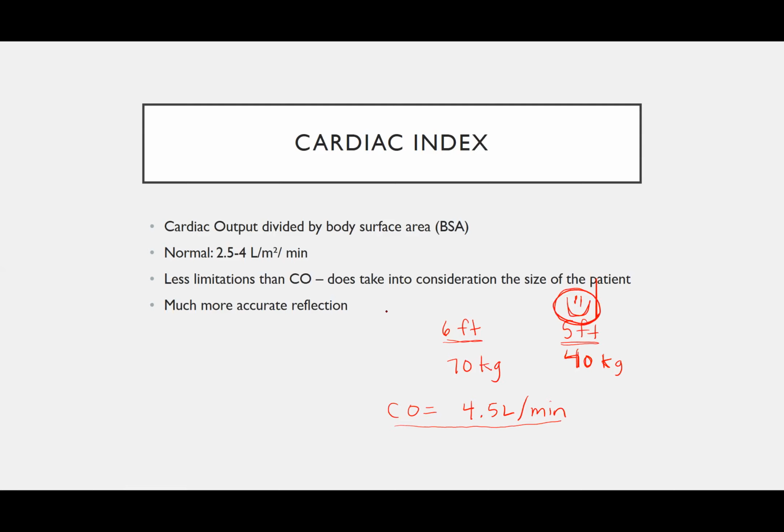However, this 6 foot tall individual is probably not feeling so good at a cardiac output of 4.5 liters, because for them, their cardiac output may normally be 6.5 liters per minute. That may be more of what they're used to. Whereas 4.5 for this individual who's 5 feet tall may very well be normal for them, and they feel completely fine. So that is one of the reasons,